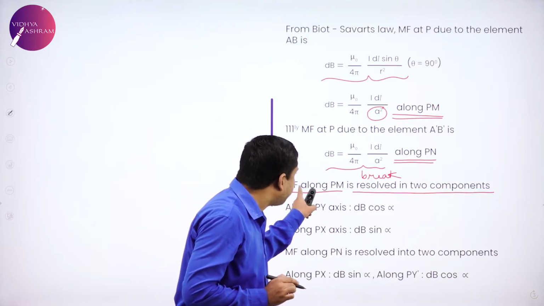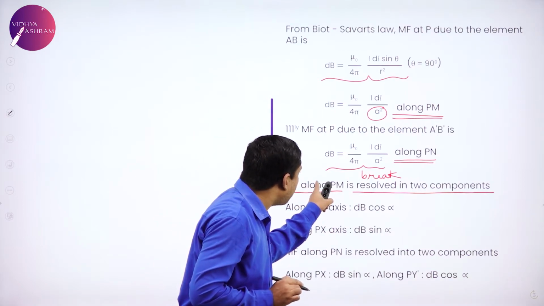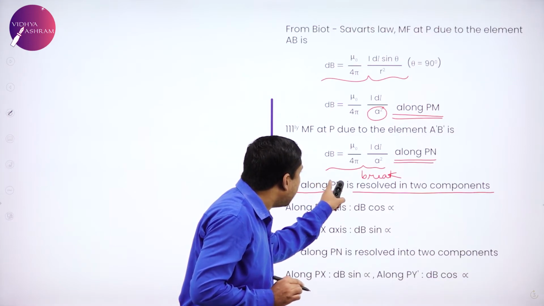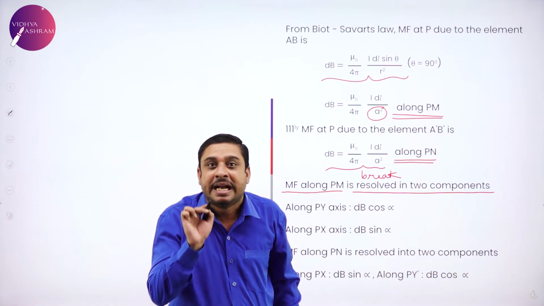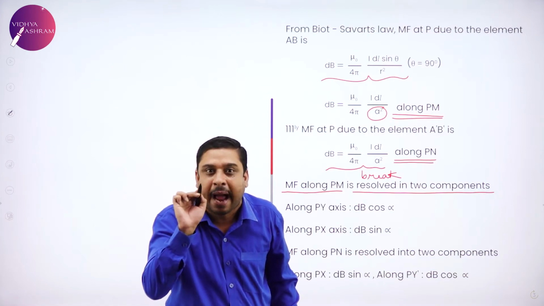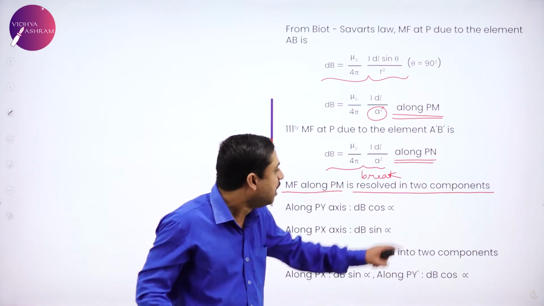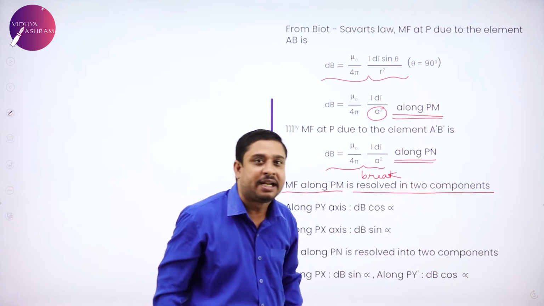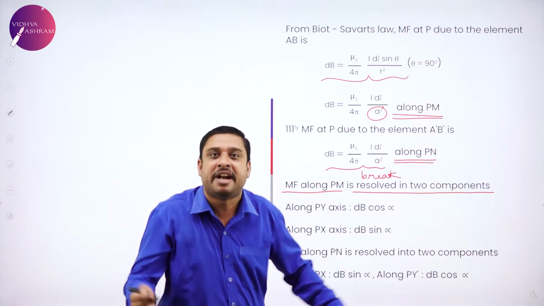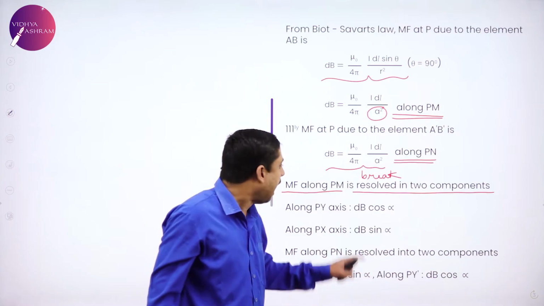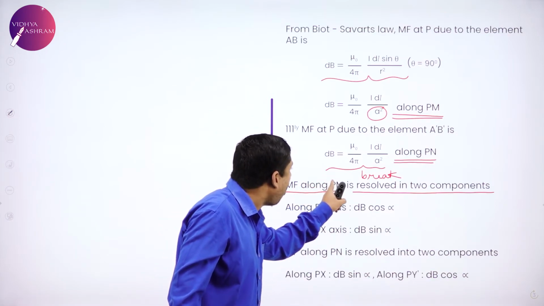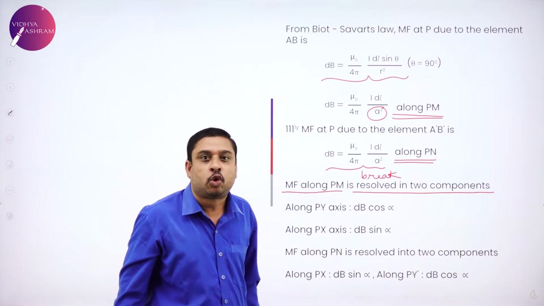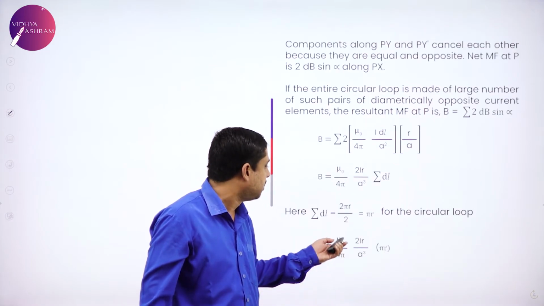The magnetic field which was acting along Pm, I have broken into two components. I have resolved the magnetic field along Pm into two components. That is,